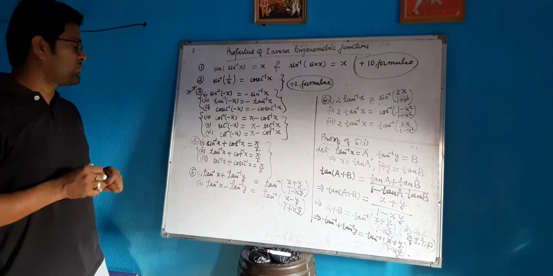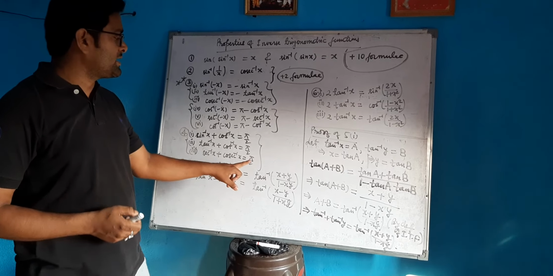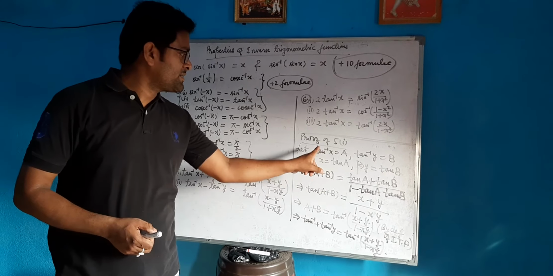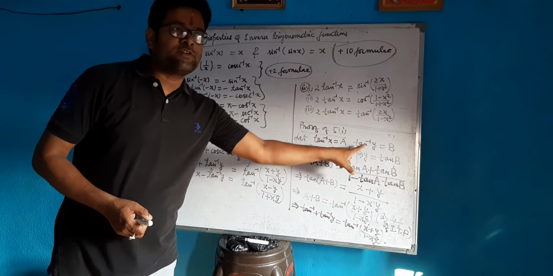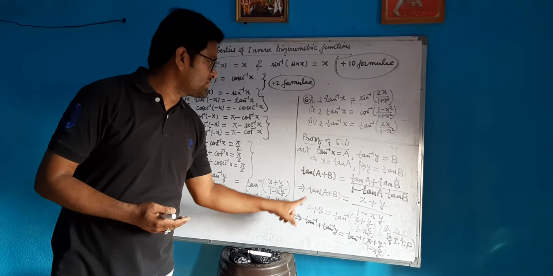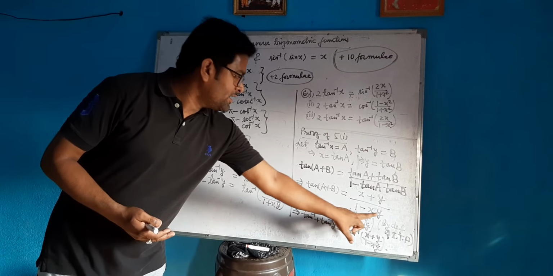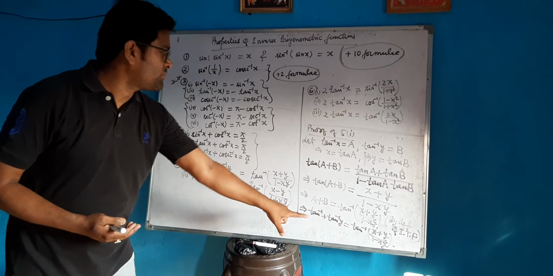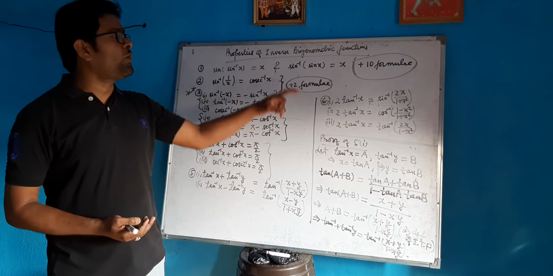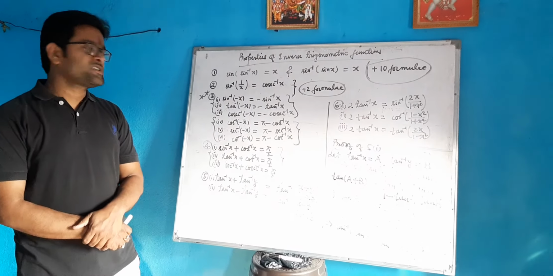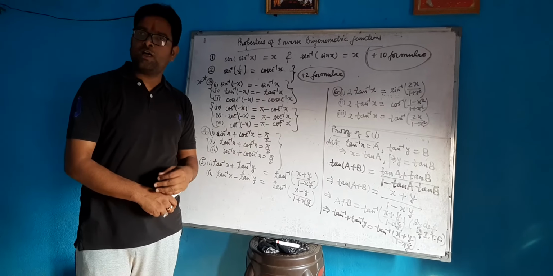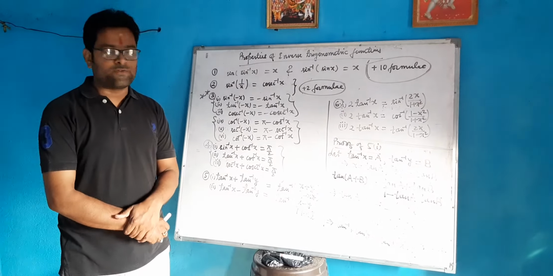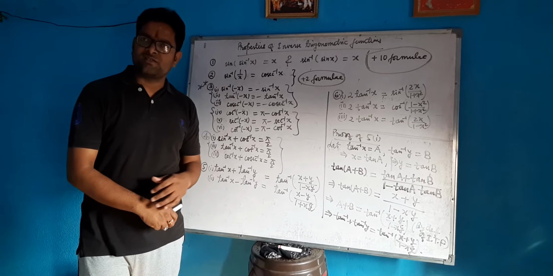I have proved this formula, tan inverse x plus tan inverse y is equal to tan inverse of (x plus y) by (1 minus xy), with the help of class 11 level concepts and the definition of inverse trigonometric function, used 2 times. In the same way we can prove all the formulae. I suggest everyone to go through the proofs. You try the proof; if you fail, I will prove it again. Don't worry, and go ahead with the exercises.